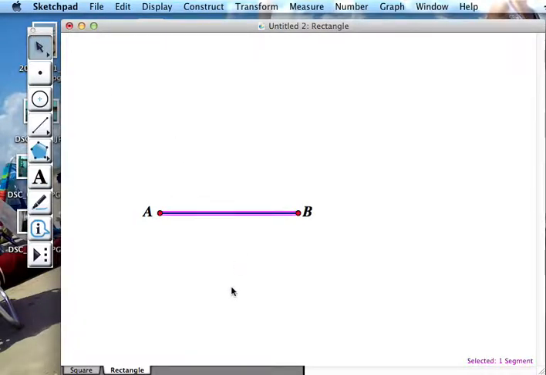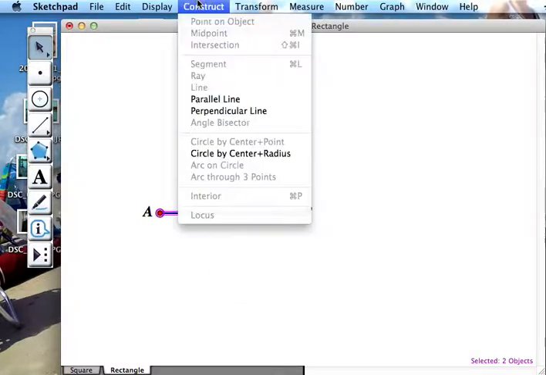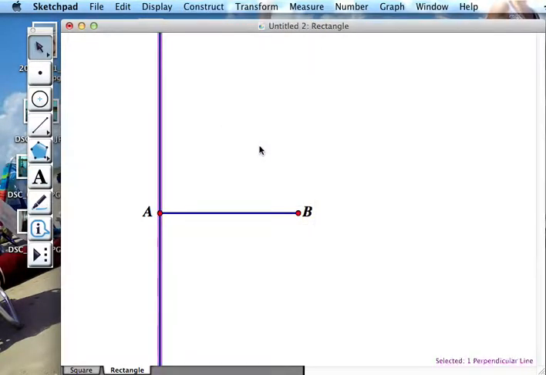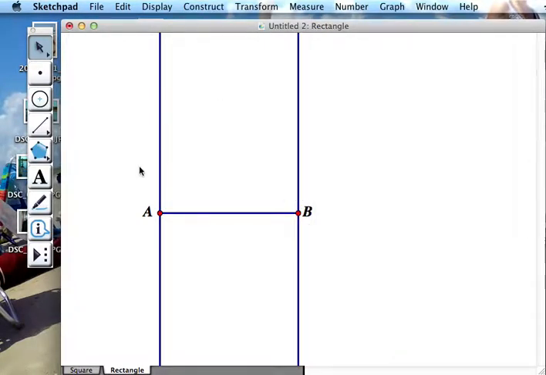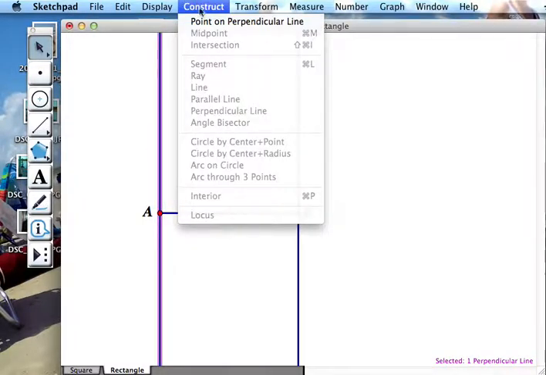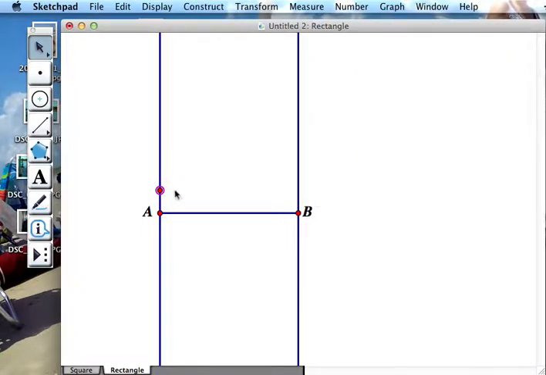Now we're going to do the same thing we did with the square. We're going to select A and the segment, construct a perpendicular line, and now we're going to do that with point B also. Let's unhighlight this. Okay, so now we have 2 lines. Now we're going to go over here and click on this line and highlight it. We're going to go to point on perpendicular line, and it just puts a random point somewhere on here. So now we're going to make this point C,